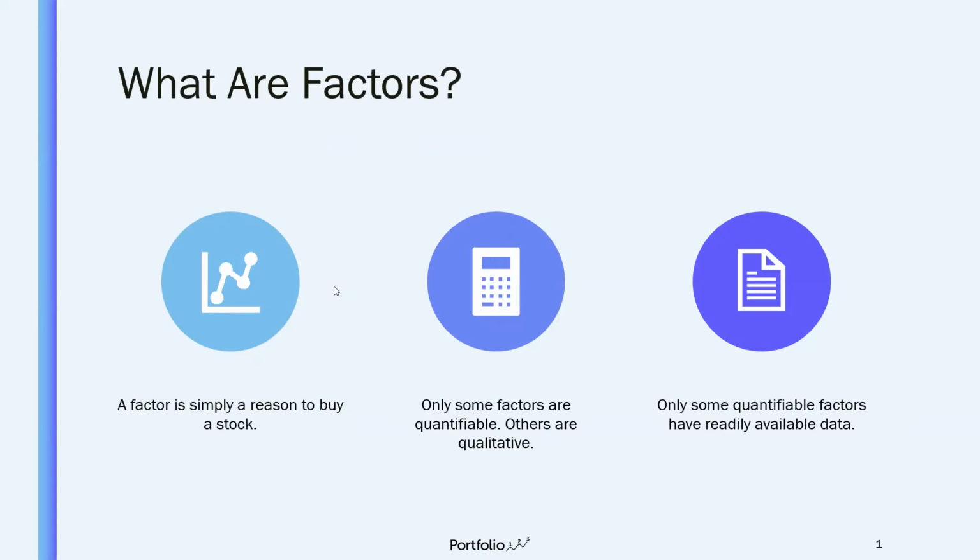If you want to know the market value of its fixed assets, you'd have to go to a lot of different sources, and you'd have to really dig in deep into that particular company and figure out the market value of each of its fixed assets. That's not something that's provided in the financial statements. So there are some factors that have readily available data. And those are the factors that we can use in portfolio 1,